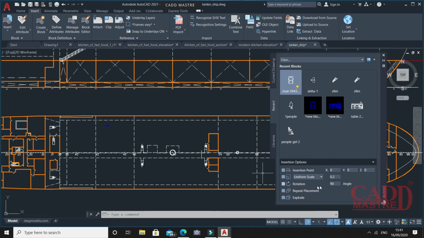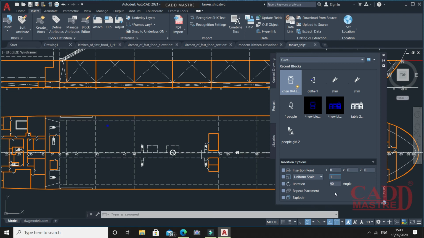So first of all, you have to set the options here before importing the block in your current drawing. I set the scale, as you can define the scale in XYZ directions, or you can make it uniform. I make it uniform. My scale size I'll make it 1.